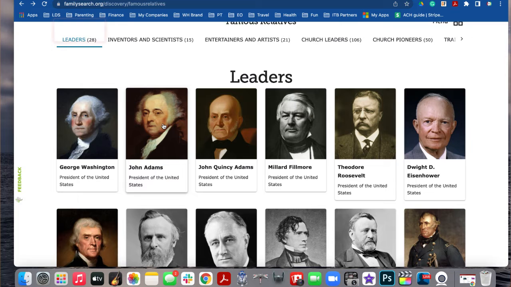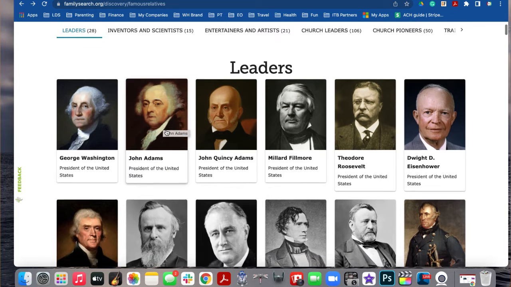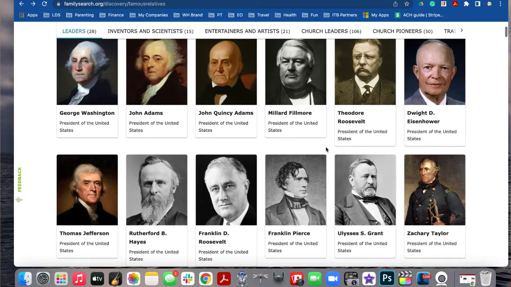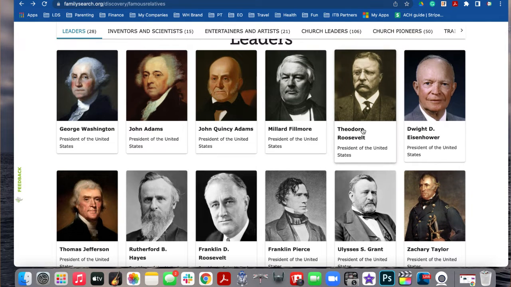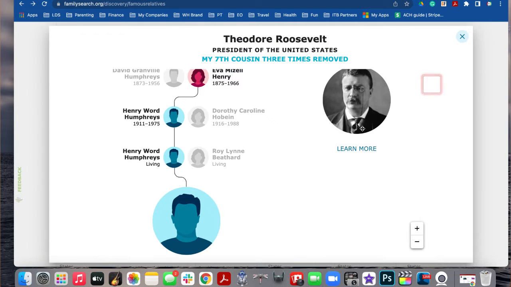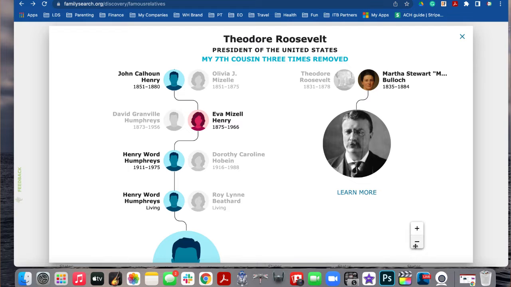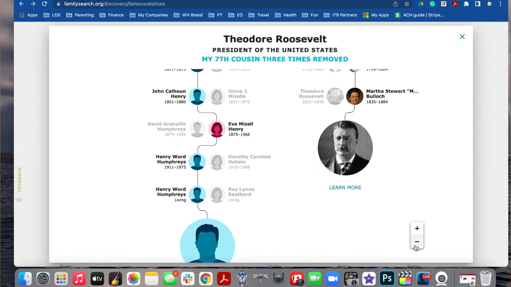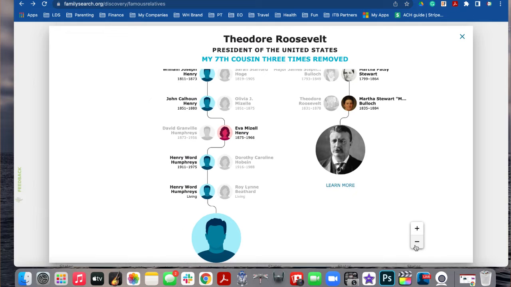Looking at this directly, here are all the individuals that I'm related to. Someone I admire, and I didn't know, I'm looking at this for the very first time with you, someone that I admire greatly is Theodore Roosevelt. He's an individual that has always stood out to me. Learning to see how we're related is really easy. I just click on his name, and it shows me the line. It goes through my dad's line, my grandfather's line specifically.